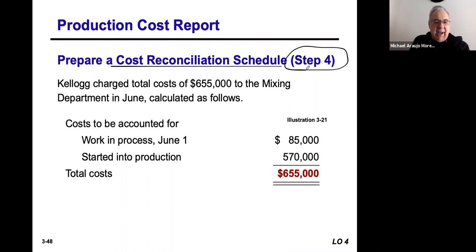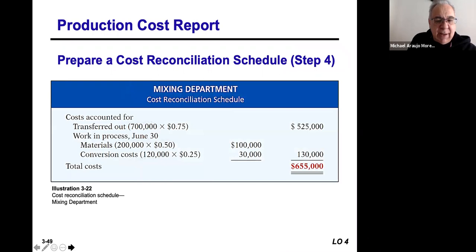In addition to that, we look at another thing. So here, when you look at Kellogg and their mixing department for June, they show that the total costs to the mixing department were $655,000 as calculated for work in process plus what was started. And so how they break this down then is say, okay, all 700,000 that were transferred out at the full 75 cents per unit. And so that's where they get the